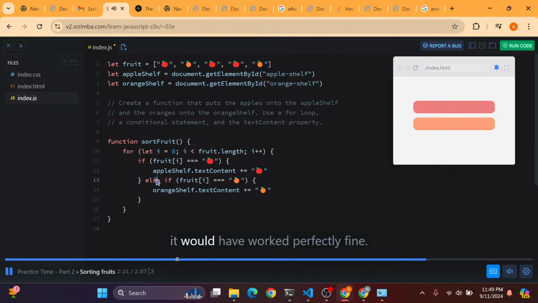Now, it would have worked perfectly fine if we just omitted this as well, like that, because in our array, if it isn't an apple, we know that it's an orange, but we might be getting other arrays which shall have bananas in them as well. And if so, we don't want to put any bananas in the orange shelf. We want to check explicitly that we are dealing with an orange before we put the fruit up on the